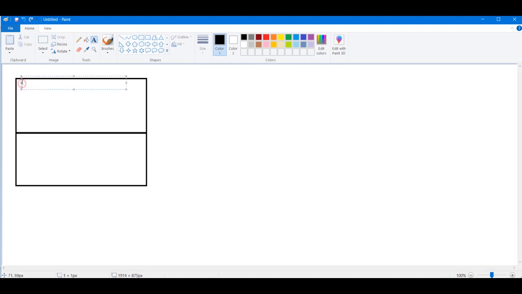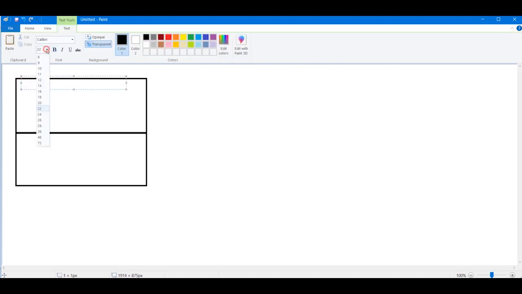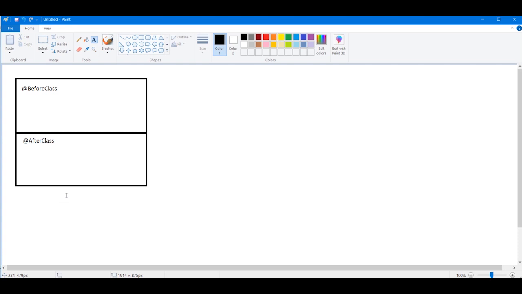First one is @BeforeClass, and another is @AfterClass. So guys, we first need to understand what the individual annotations will do, and then we are going to understand why there is a need for these annotations.